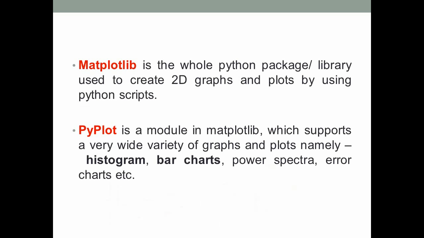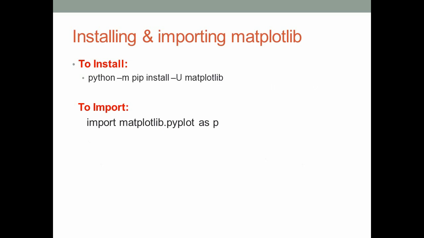And in Python, for performing data visualization, Python provides one library. The library name is matplotlib. By using this library we can create 2D graphs and plots by writing Python code. In the matplotlib library there is one module, the module name is pyplot. The pyplot module contains several functions for creating different types of charts like line chart, bar chart and pie charts, etc.